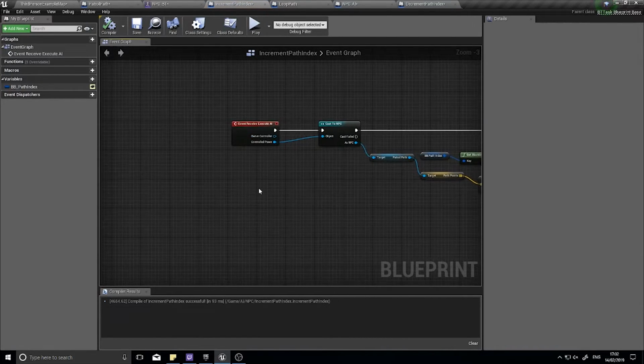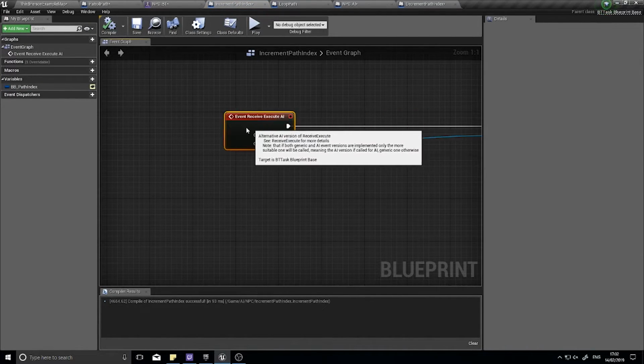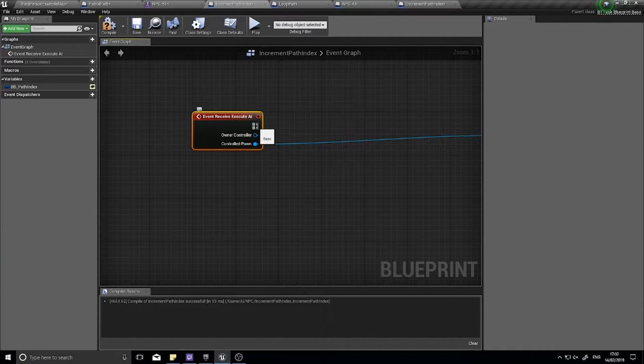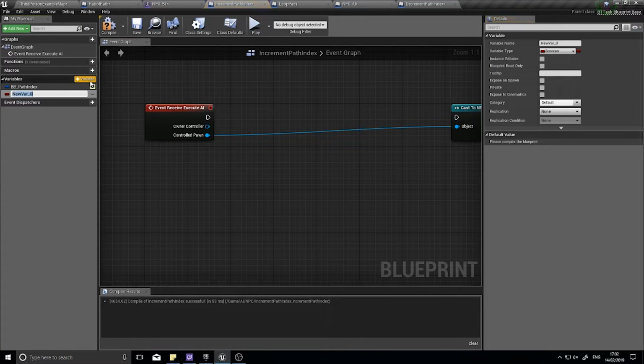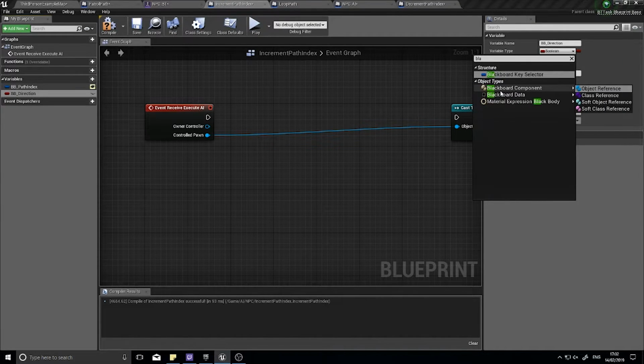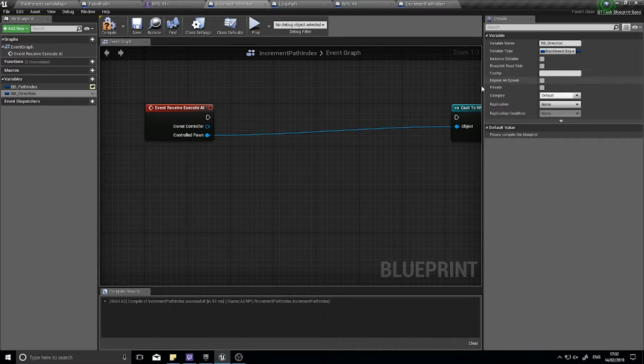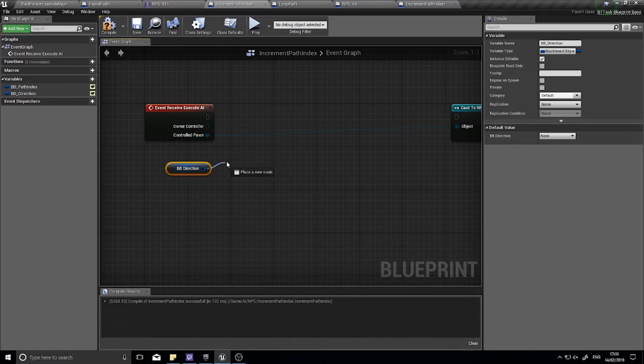So a few things we need to do here. At the very start of this, we need to do a check whether or not the blackboard key for direction is going the right direction for incrementation. So on the variables, click on the new variables, bb_direction, and we're going to go blackboard key selector again, and we'll make it editable, and click compile, drag it out onto your blackboard blueprint,